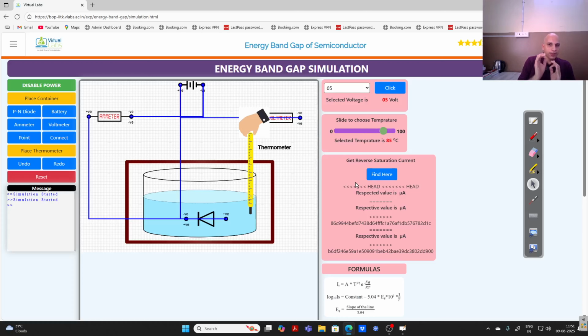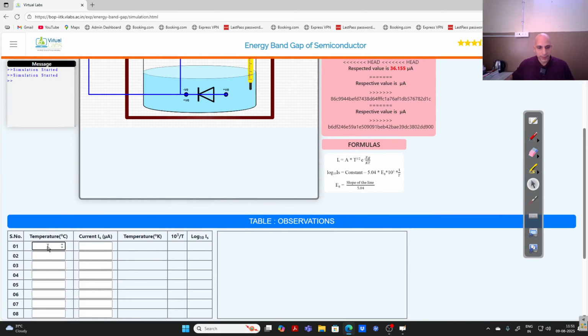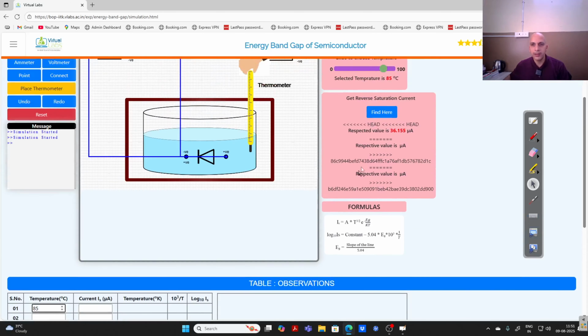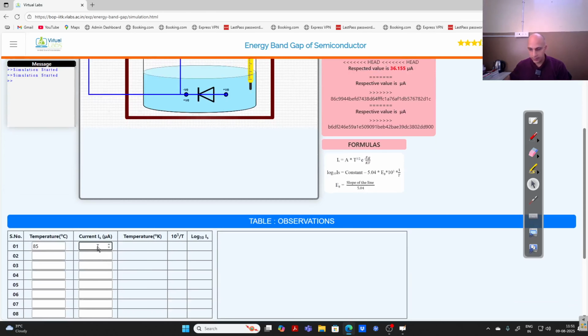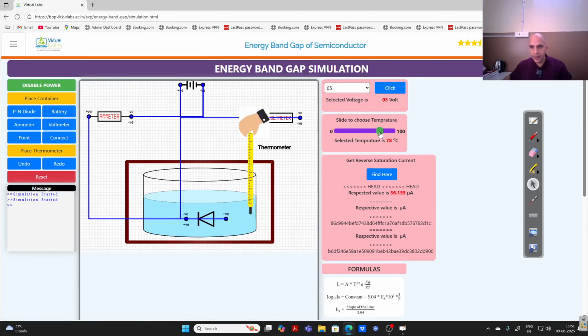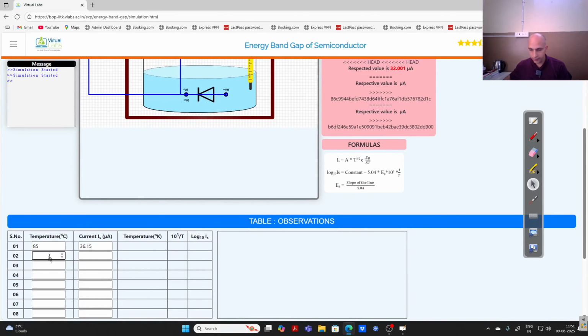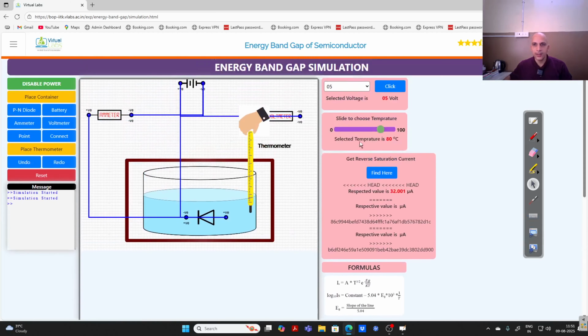So at temperature 85°C, I am going to calculate the reverse saturation current. I am going to fill this sheet manually, right? Temperature is 85°C and the reverse saturation current is 36.15. So now I am decreasing the temperature gradually. At 80°C, I find 32.01. Then at 75,